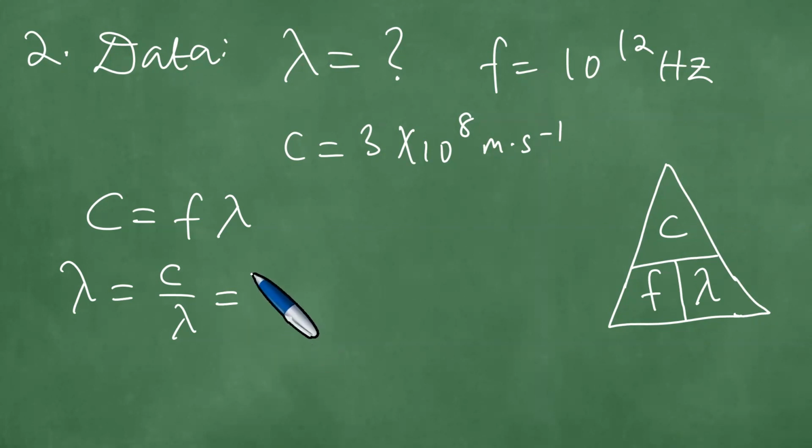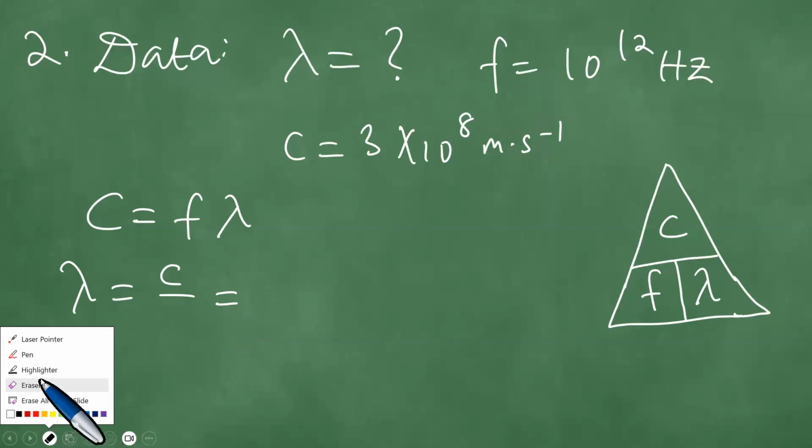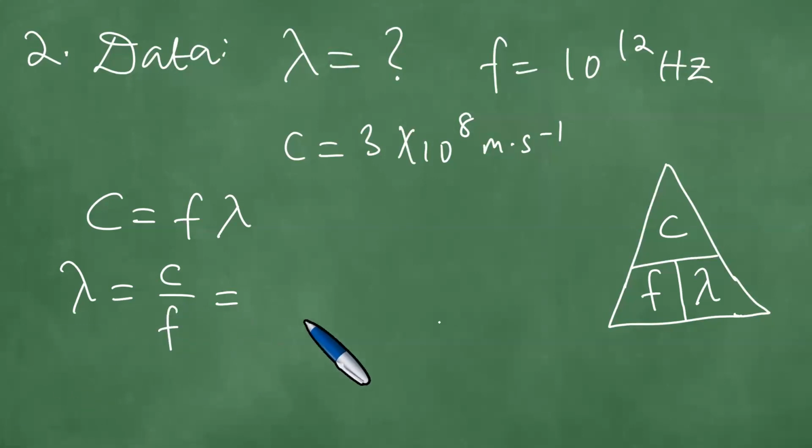Lambda equals C over F. What is C there? If you look at this, lambda equals C over F. And C is